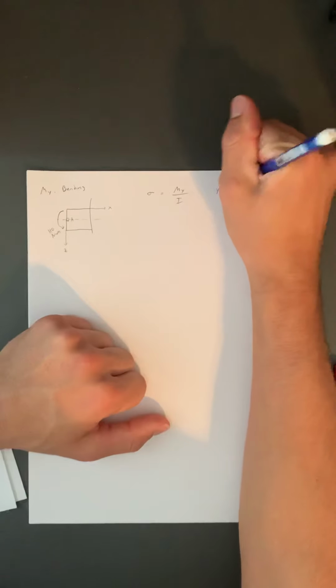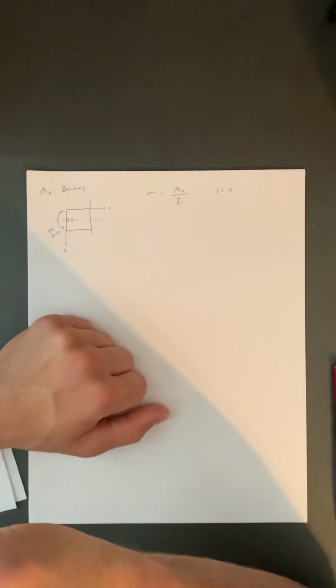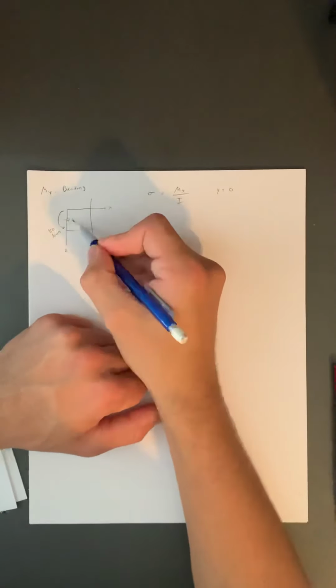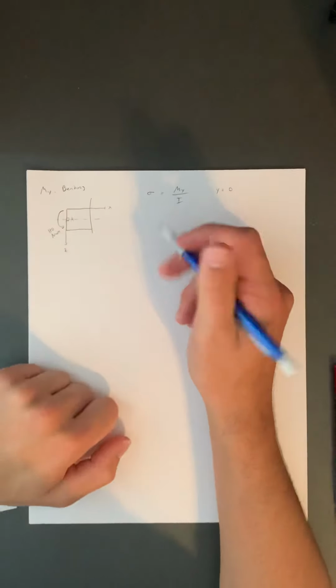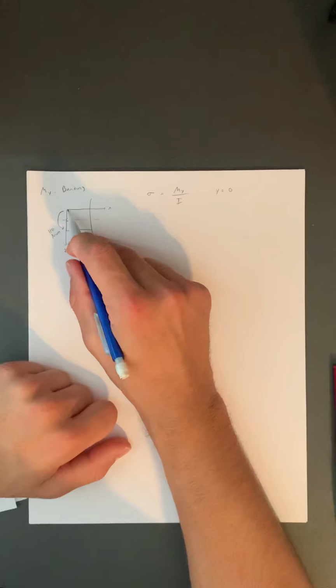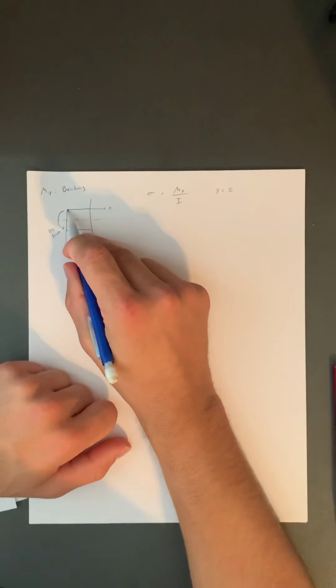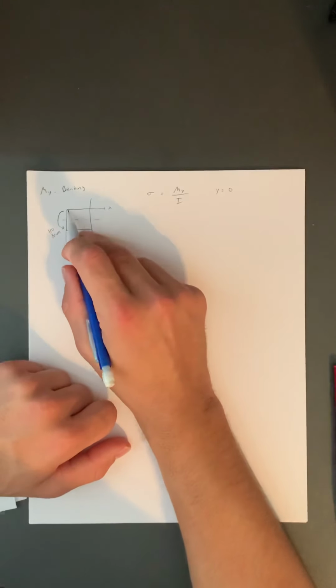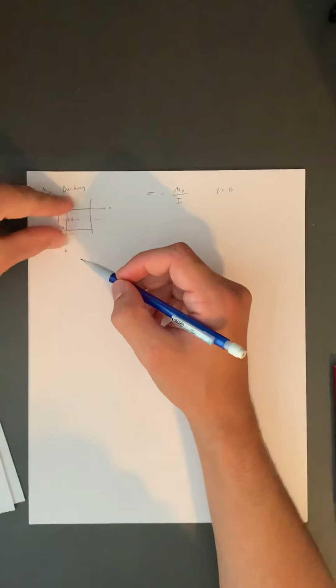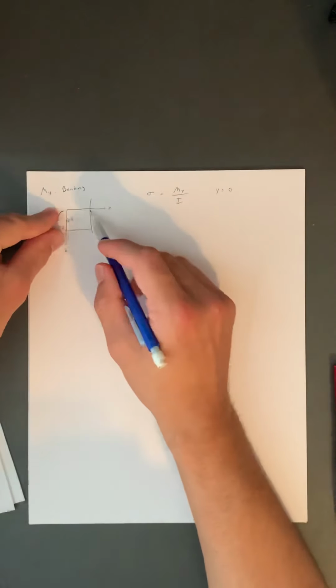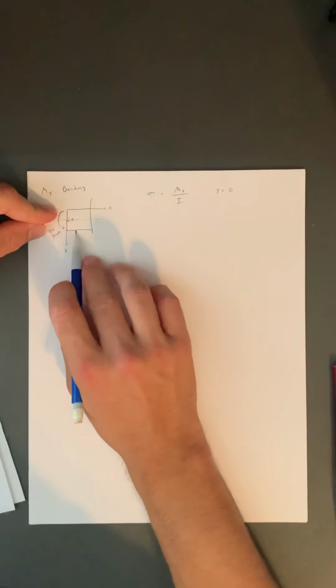And so in this case, Y is equal to 0 because the point of interest is on the neutral axis. And you'll see for the MZ, from the point which is the farthest away from the neutral axis, it's going to be a tensile force on the top,